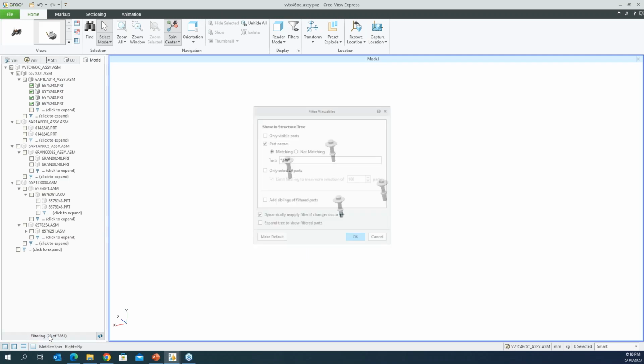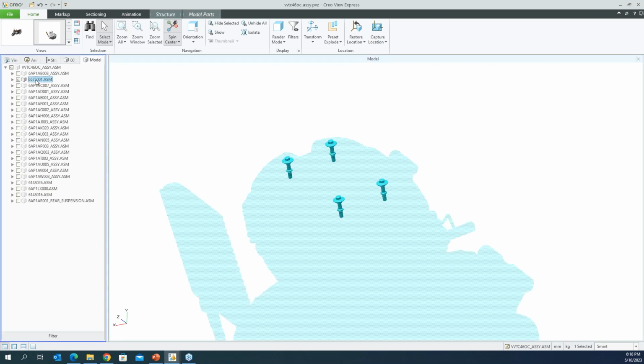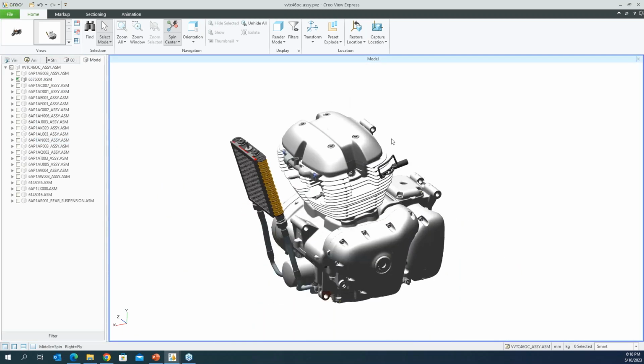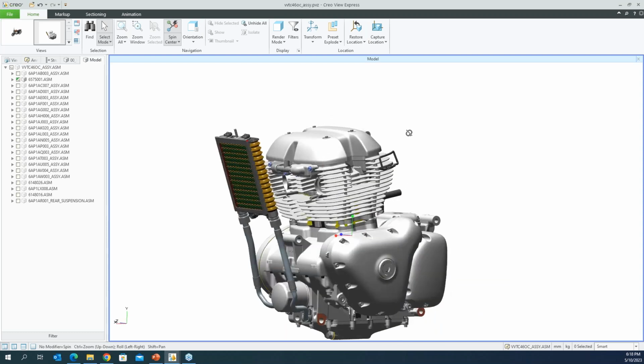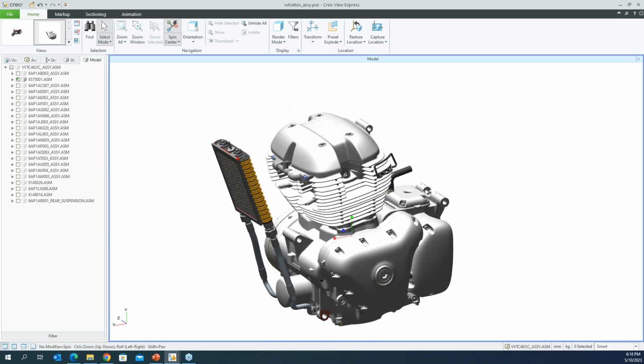Okay, so if you need to remove the filter, just uncheck, select OK, and that filter is removed. And if you want to show the engine again, you can just right click and select unhide, then it shows our engine again. Okay, right, you also have